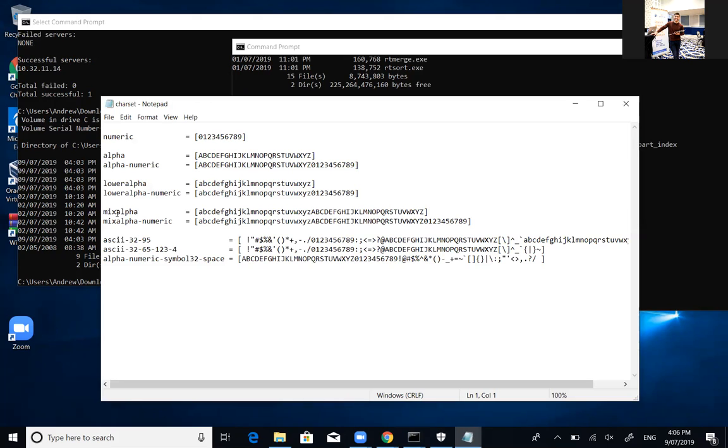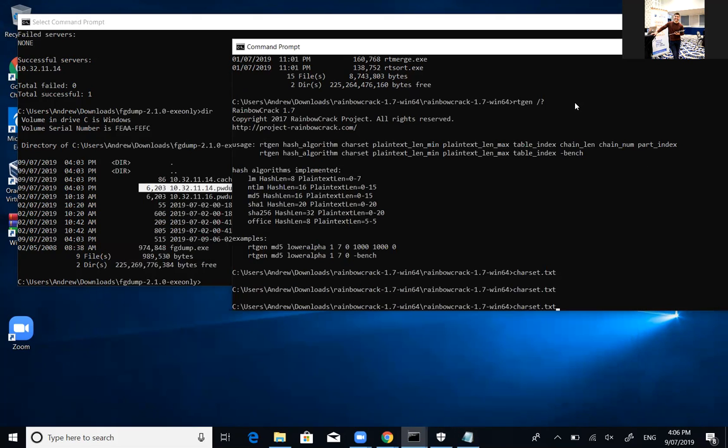It's just mixed alpha. Okay, so RTGen, and it says, to use RTGen, what am I doing? So RTGen, NTLM hash, and then character set is mixed alpha, and it says for